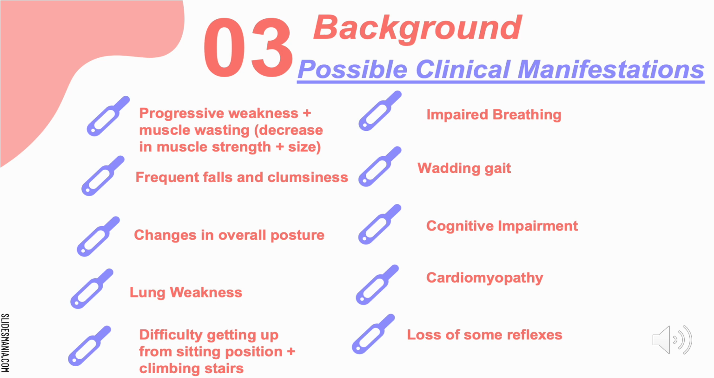Now let us look at the possible clinical manifestations that a person with DMD can experience. They can experience manifestations like progressive weakness and muscle wasting, which is a decrease in muscle strength and size, loss of some reflexes, a waddling gait, frequent falls and clumsiness, especially when running, difficulty when getting up from a sitting position or when climbing stairs, changes to overall posture, impaired breathing or respiratory problems, also lung weaknesses, cognitive impairment, cardiomyopathy, and